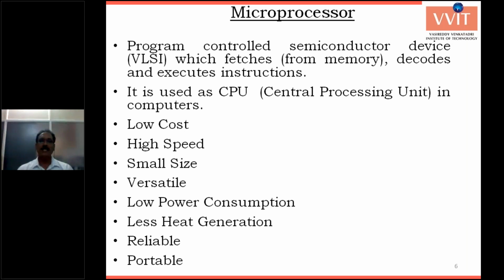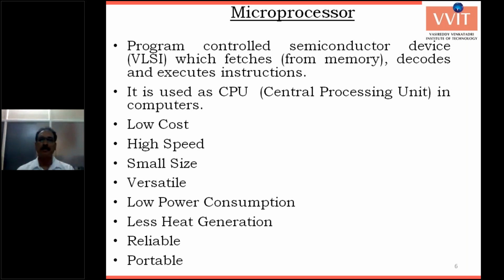The name indicates the size of the device. Compared to processors before 1970, the size of the processor was very large, in terms of tons of weight and power consumption in terms of megawatts. In 1970 afterward, semiconductor devices were introduced with VLSI technology, and power consumption is very low, and the physical size compared to the earlier processors is very, very small.